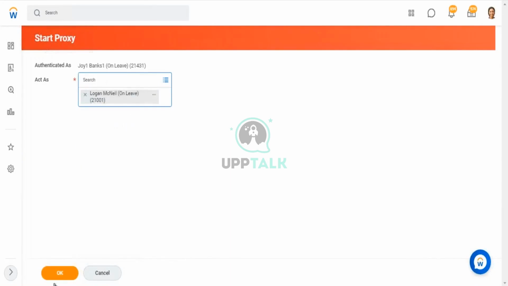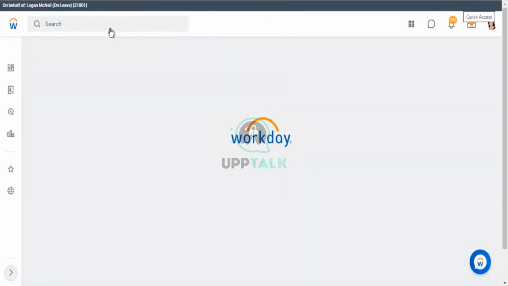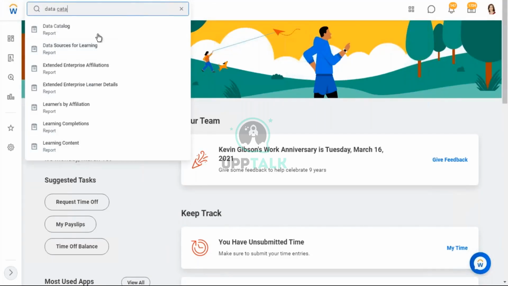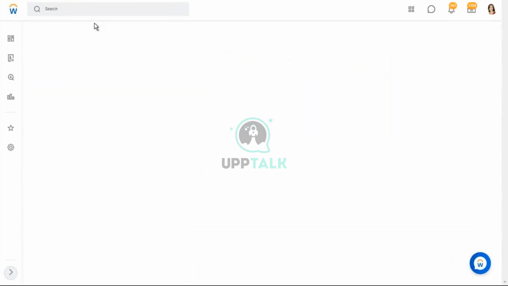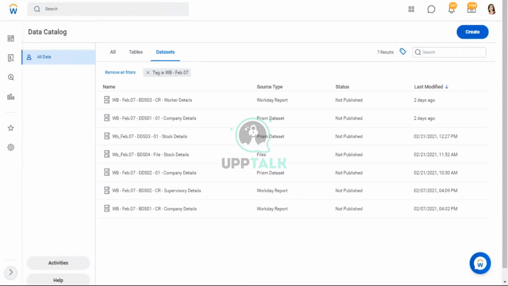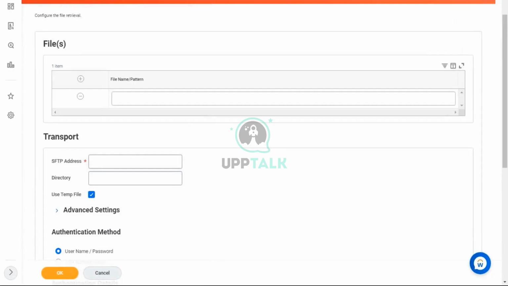Proxy does local and admin. Data log. And I want to create a base data set using a file. All right, I'll go to the create option, create from SFTP. The first difference is, unlike a file from a local machine wherein you yourself manually select a file,